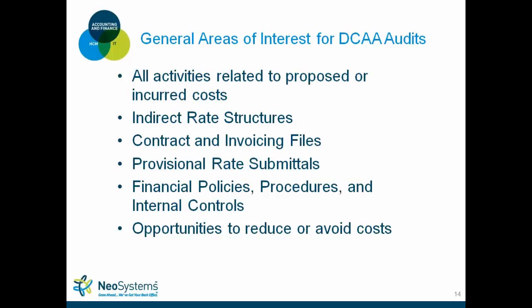So really having the supporting documentation for your cost estimates, for your rate structures, and how you allocate and incur costs and identify direct versus indirect. That's all valuable information that you internally need to have, but at the same time be able to provide